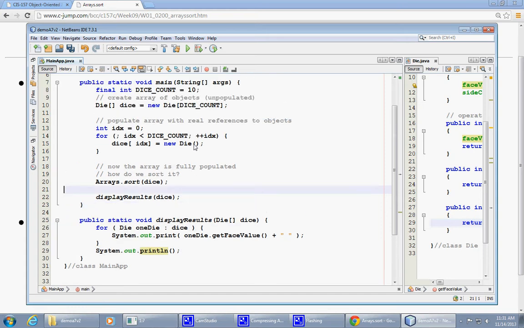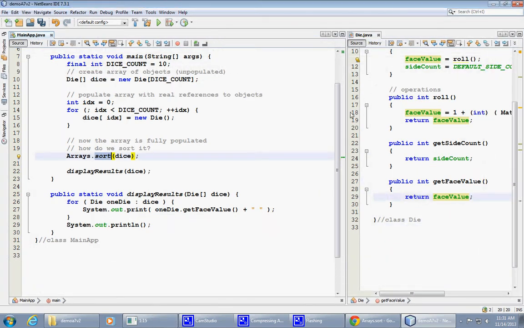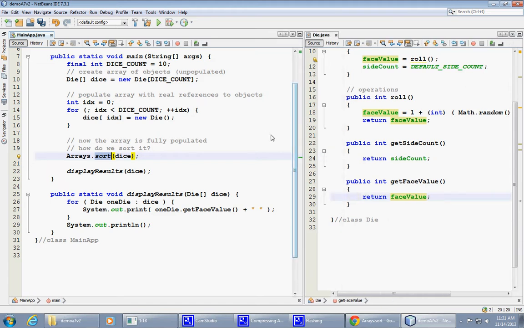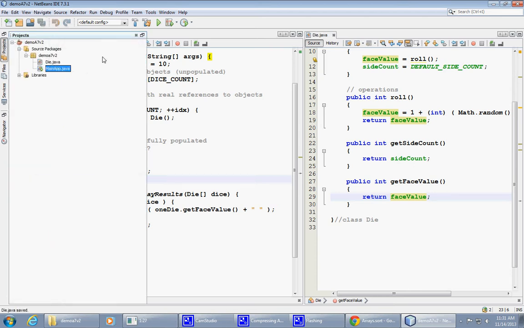So the hope is that this sort will do something meaningful. By the way, I never compiled this program, so maybe it's time to try, right? Try to build this program and see how many problems there will be as a result of that. So I'll just go to my project view and right-click and say clean and build. So the first time it's loading some of the dynamic pieces, and it takes a little longer. So it gets built, and